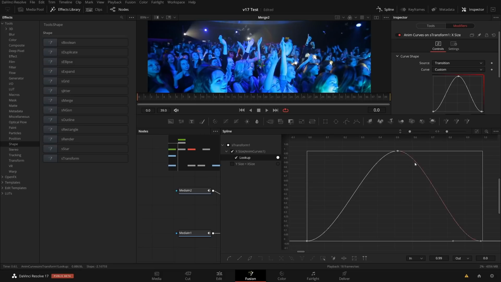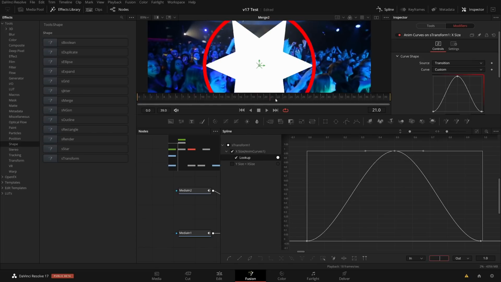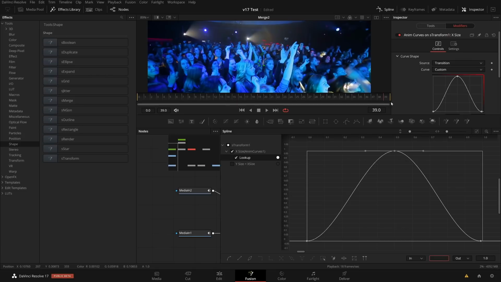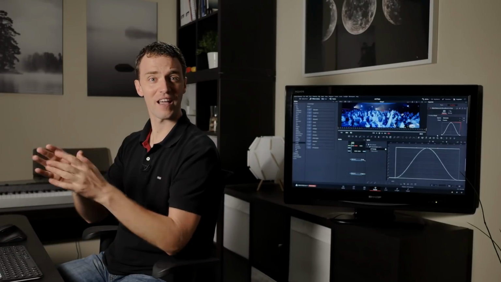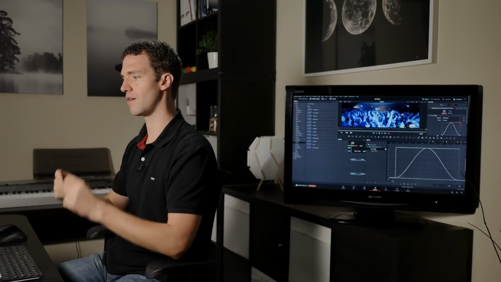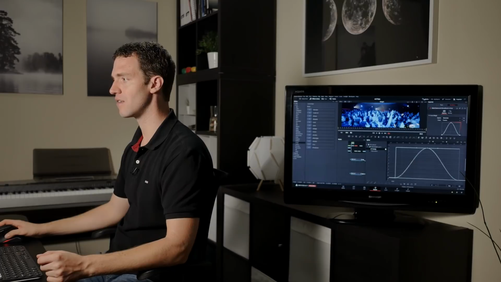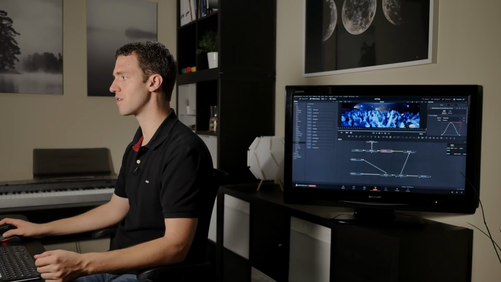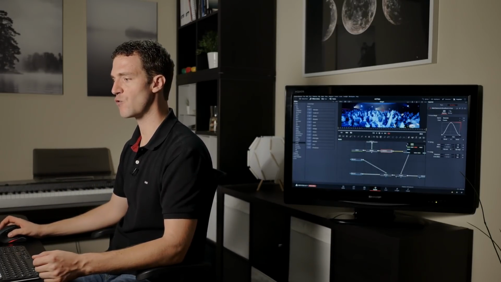Sorry, I should probably make this a bit bigger here. But you can do any kind of curve, and let me put this exactly in the middle. And with any type of curve here, it will now adjust, and my star will appear towards the middle and then vanish again towards the end. So I think this is a really good addition for creating reusable assets for the edit page, reusable motion graphics and so on. I really like this approach here. It's a small thing, but it's a really helpful addition to the modifiers here.